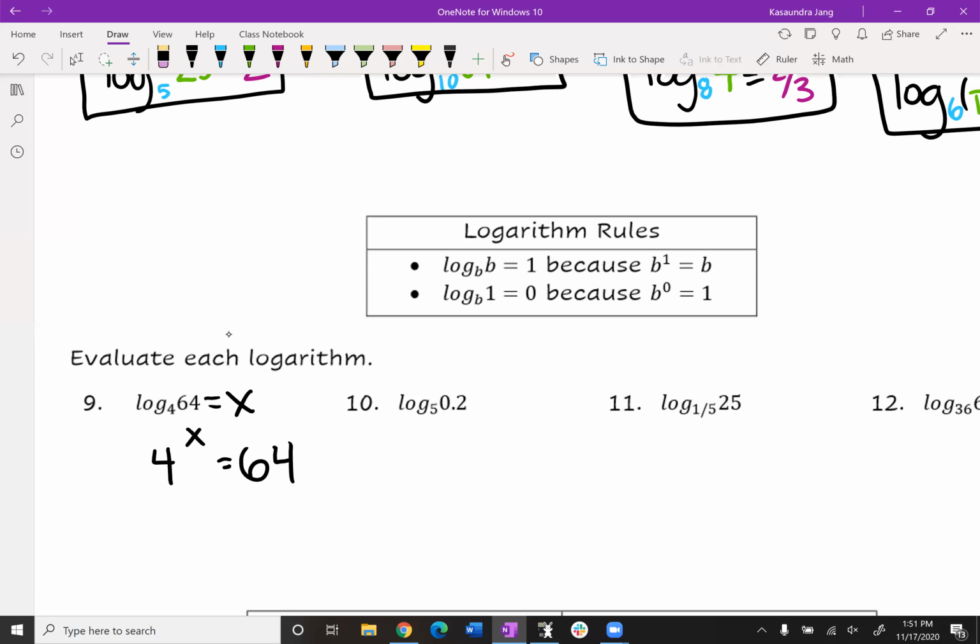All right, so do you know what 4 raised to what exponent gives you a 64? 3. Okay, 4 to the 3rd is 64. Nice, so my x is 3. Very good. All right, so then